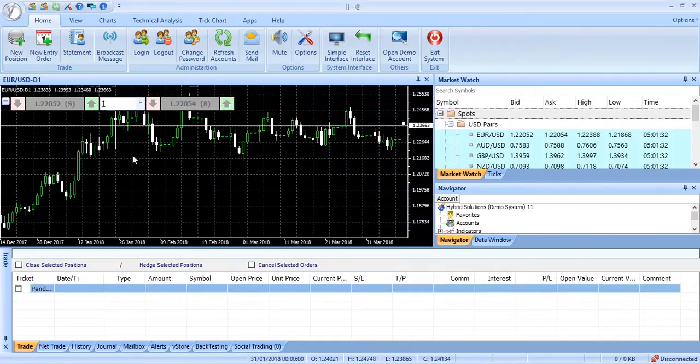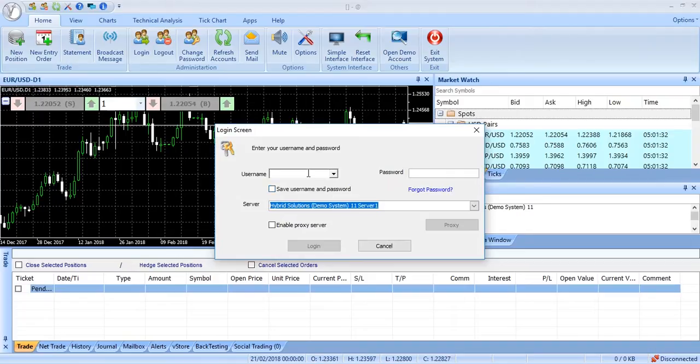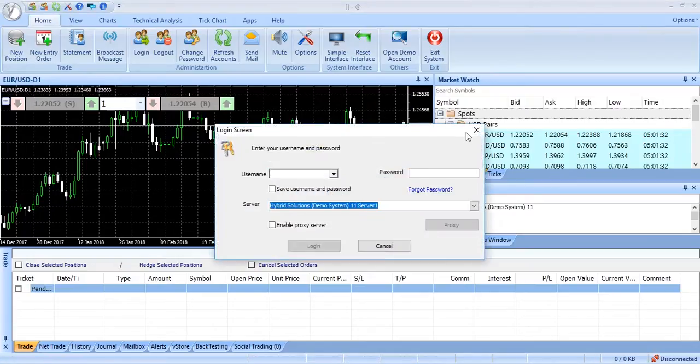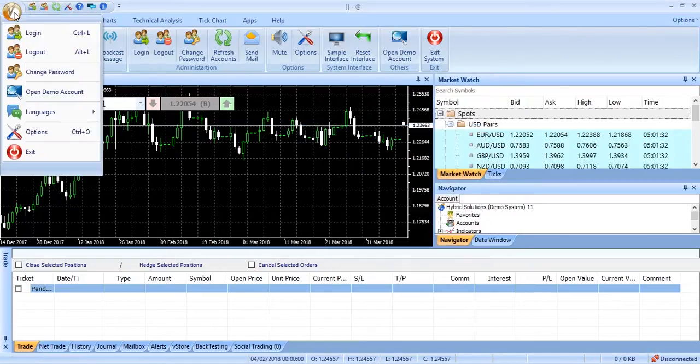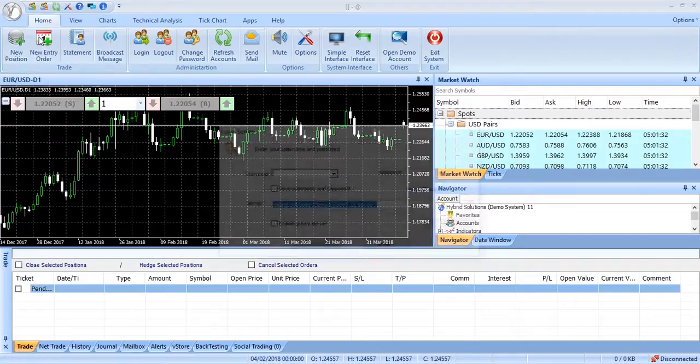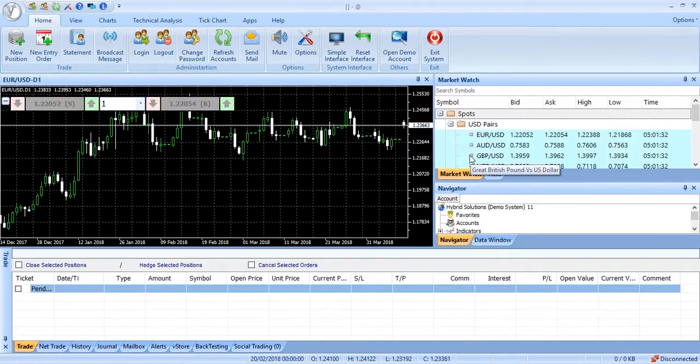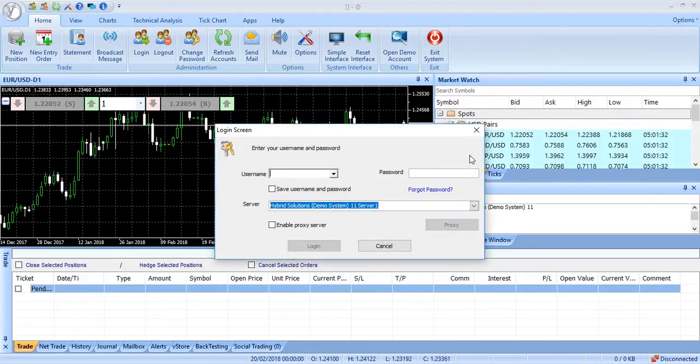You have a lot of options to log in. Click here, fill in your username and password, or click on this bubble right here, then click on login, or press Ctrl L on your keyboard. Fill in your username and password,